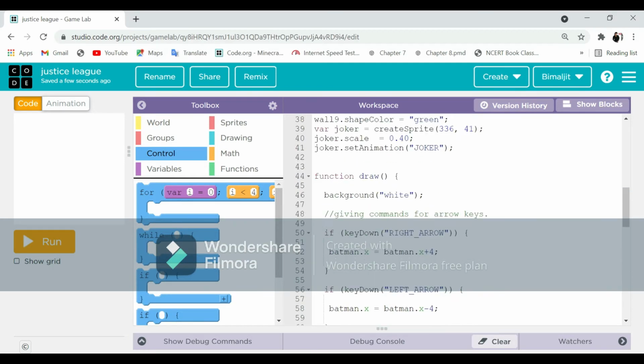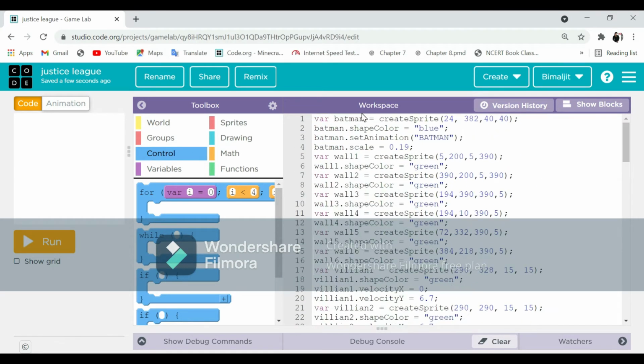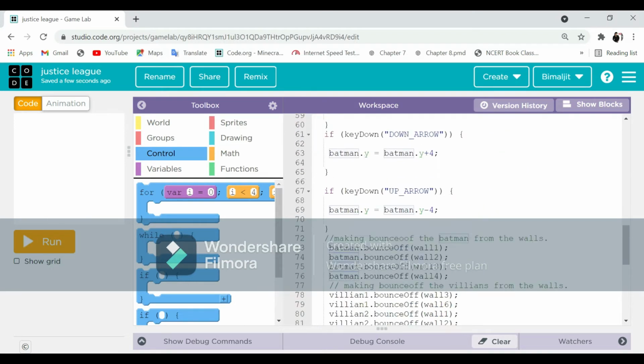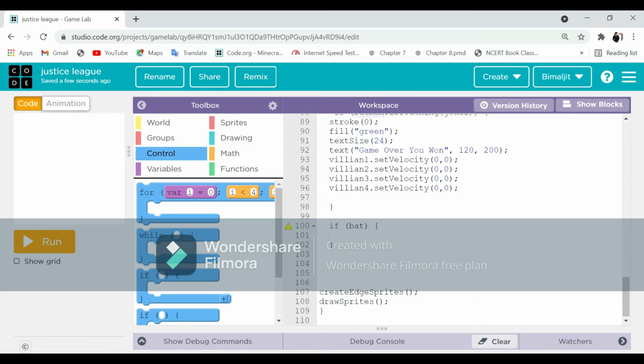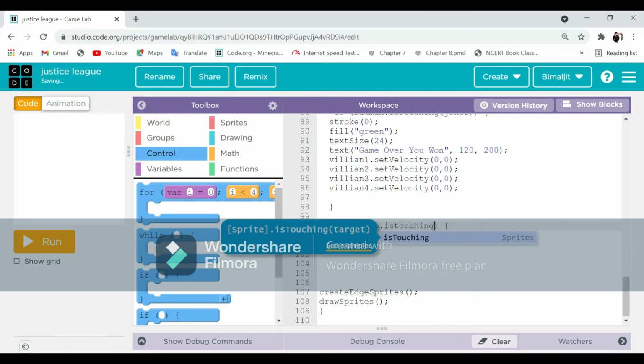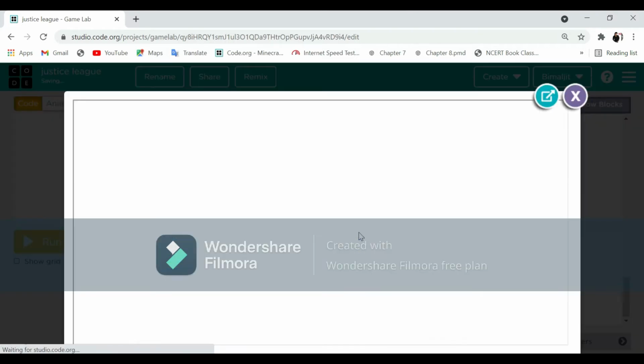Now I want that if Batman, or if you are having a doubt like me, you can copy this name from right here. Batman dot is touching. If you don't know what is touching, you can click over here to see examples.